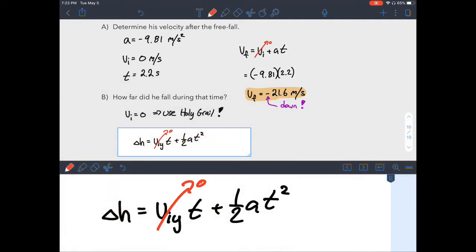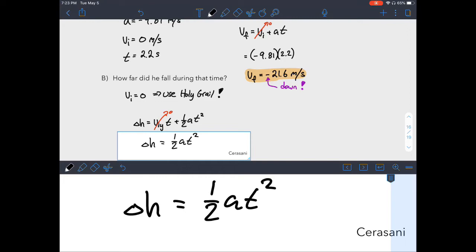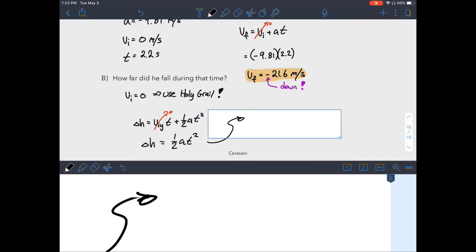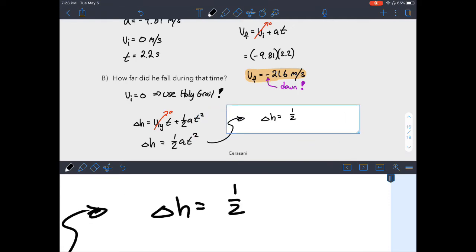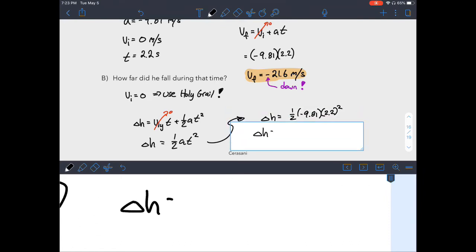Our initial velocity is 0, so we're going to get a change in height being 1/2 at squared, which is really nice because we know all that stuff. So if we go over here, we're going to look for this change in height, which is just going to be 1/2 times negative 9.81 times our time that we fell, 2.2 seconds squared, which means our change in height is going to be negative